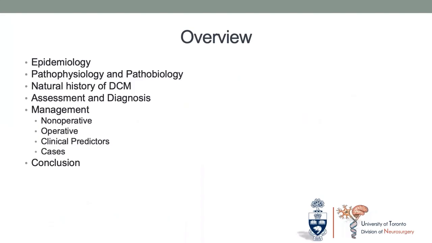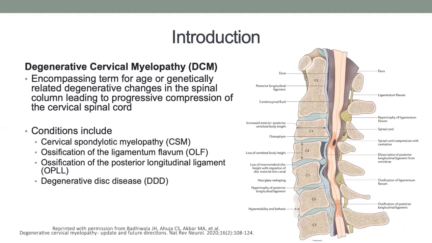The overview of the presentation will start with epidemiology and pathophysiology, moving into understanding a bit of the natural history of the disease, how to assess and evaluate patients, management, some case studies, and then conclusion. So, a bit of background: degenerative cervical myelopathy is an encompassing term for age- or genetically related